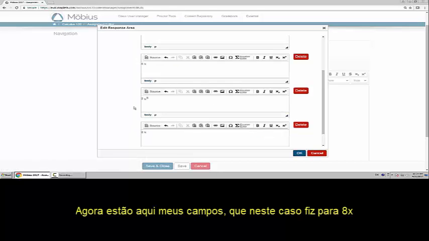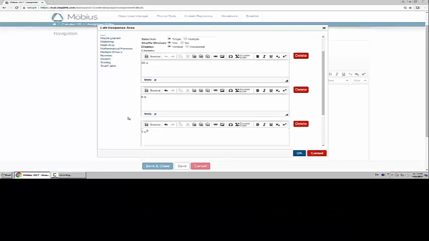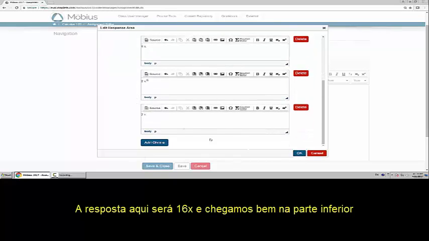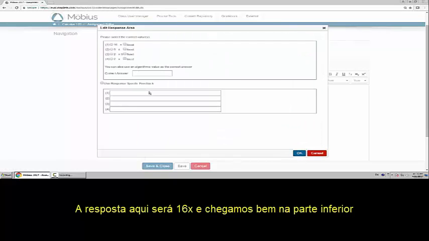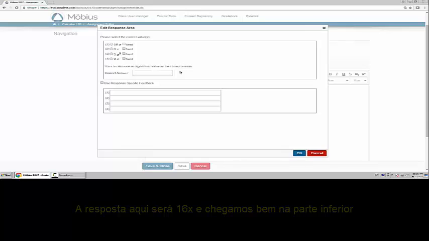So here are my distractors now. I did 8x, 2x exponent 8, and 2 times x. So obviously the correct answer is 16x. And what you do is when you click on OK now at the bottom, the next page allows you to choose the correct answer. So I have to choose the correct value here. I will choose, obviously,